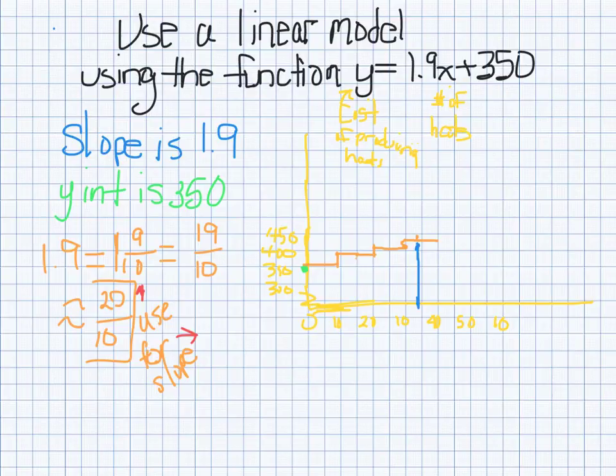Based on data for the last 8 months, she calculates her monthly cost, Y, of producing X number of hats using the function Y equals 1.9x plus 350. So here Y is the cost of producing hats. The 1.9, we have the X, which is the number of hats, and 350. So using this function, she can figure out